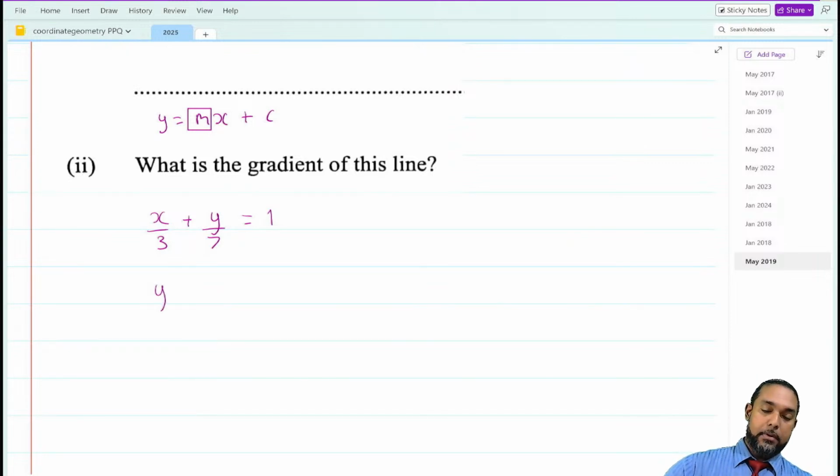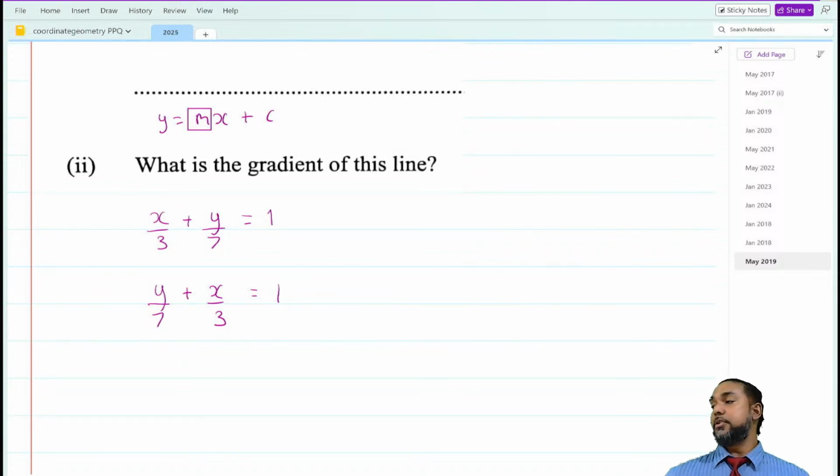What might help is you could always rearrange this side as this. And we could do that because addition is commutative. What does that mean? What's 2 plus 3? 5. Exactly. 2 plus 3 and 3 plus 2 mean the same thing. So you can switch around stuff that's attached by addition anyhow.